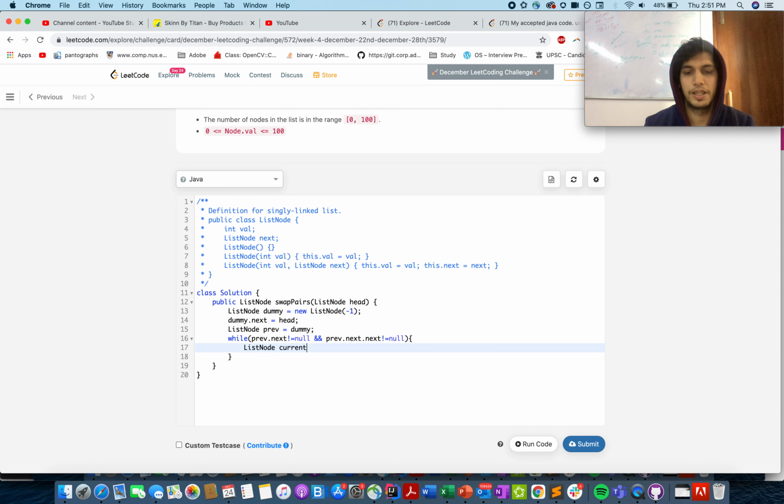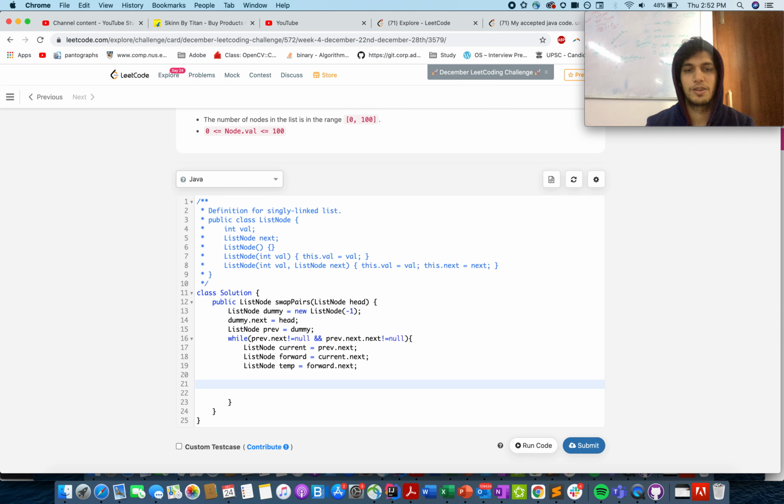Current would be equal to previous.next, ListNode forward would be equal to current.next, and ListNode temp equals forward.next. So that's the cascading effect.